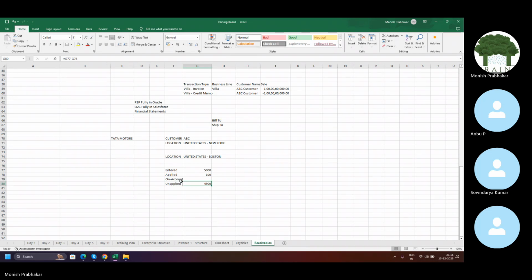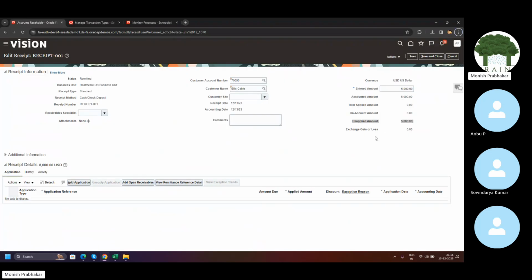Okay. So what this box is doing is your entered amount is 5,000. If you apply something here, it will show total applied amount. And then whatever balance after applied, it will be showing in the unapplied amount. As of now, we have not adjusted against any invoice. That is why here it is showing 5,000. Now